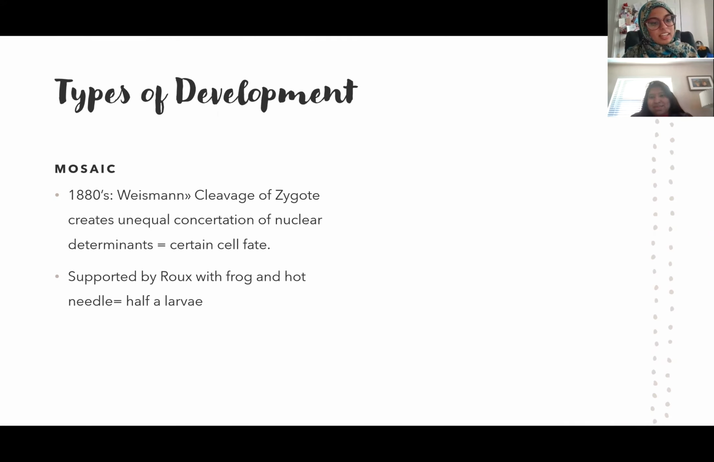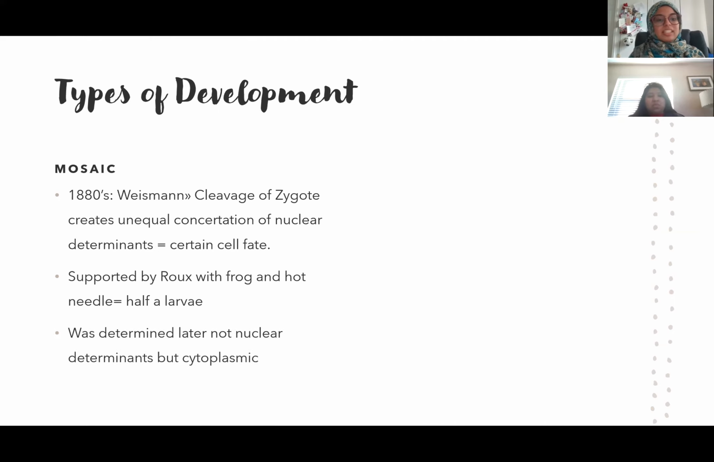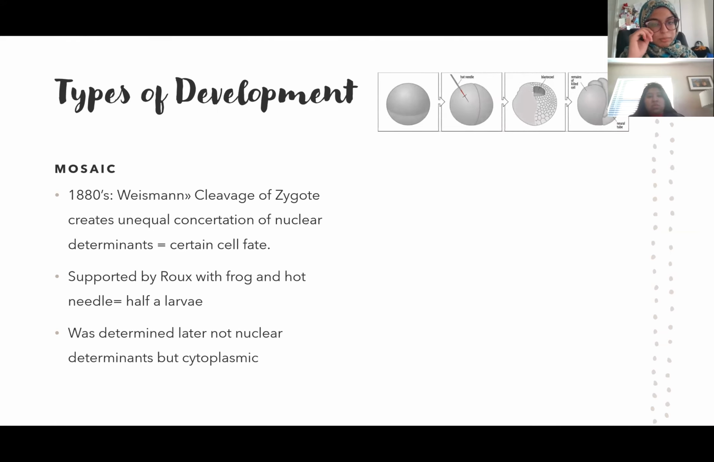with the frog. He used a hot needle and poked into half of the larva, and that created a half larva. But it was determined later that it's not actually nuclear determinants, but cytoplasmic ones that determine the cell fate. And we can see the Roux experiment here. He takes the hot needle in one half, and it creates half a larva. However,